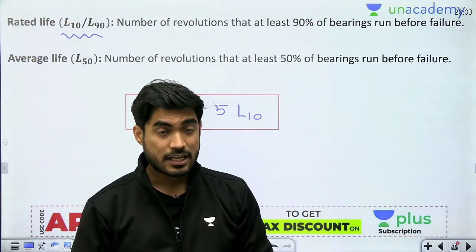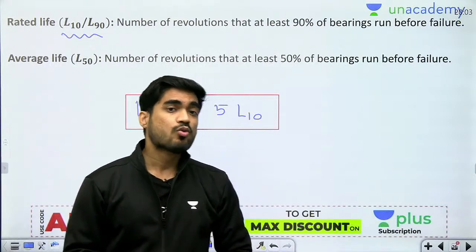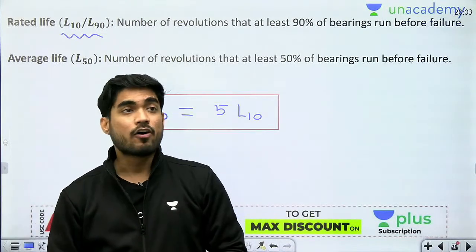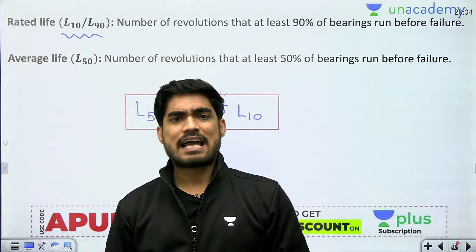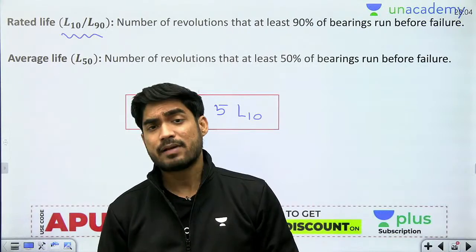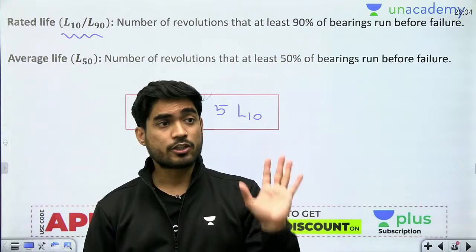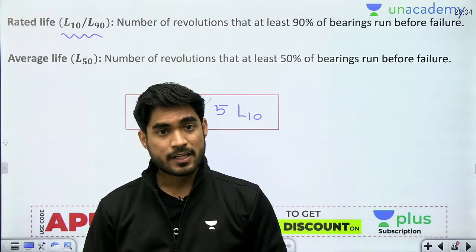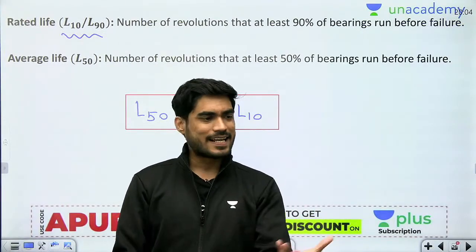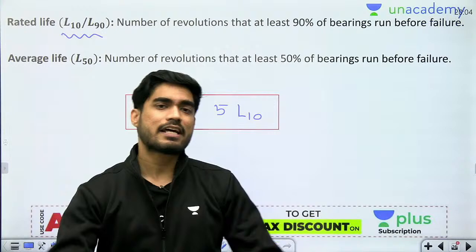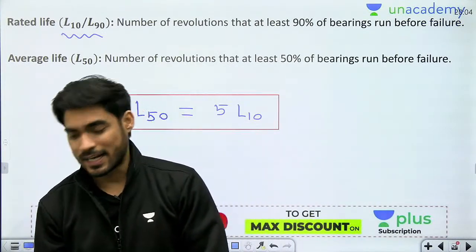In some cases you might need more than 90% reliability. For example, let's say you are choosing the bearing for an aircraft. Aircraft must have a very high factor of safety, very high reliability, because even if there is a small failure in an aircraft, a lot of lives will be in danger, right? If you are designing the bearing for a simple toy, then you don't need very high reliability. Why? Because even if the toy fails, you can always blame the kid, right?